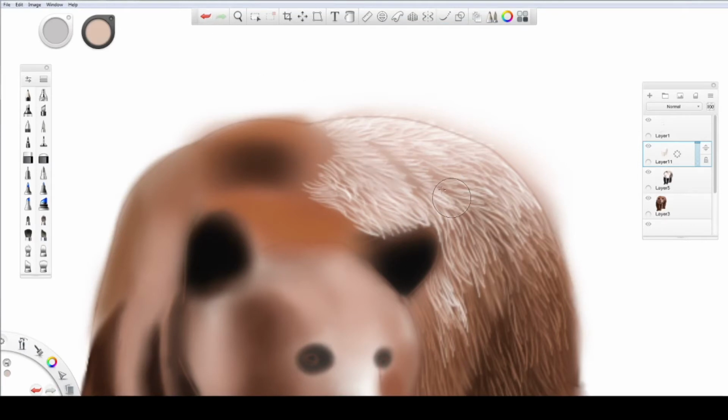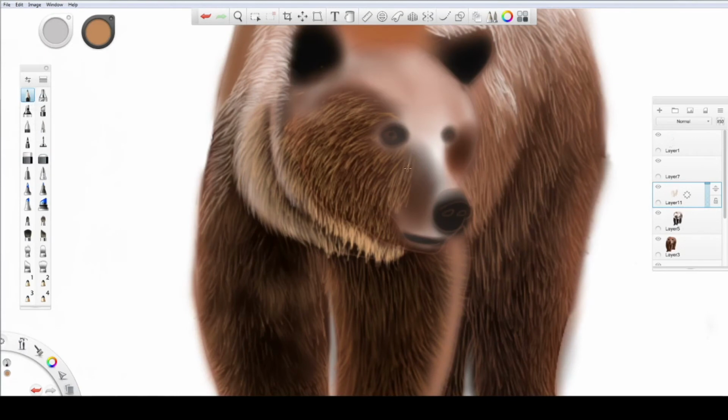This is just a simple layer of hair strokes. On top of that, I will form another layer for hair in which I will show highlights. That is light and dark hair strokes.